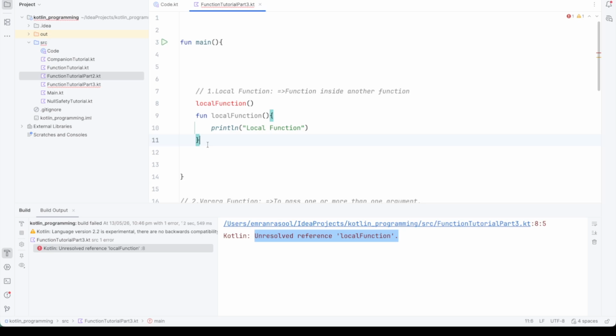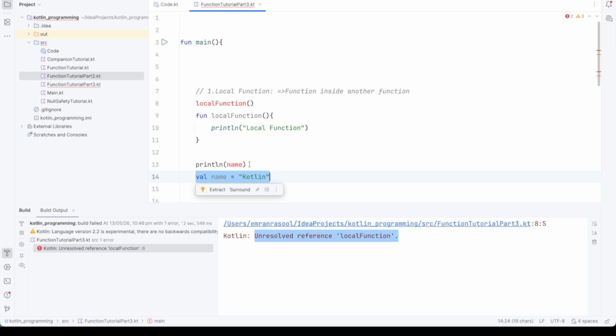Let's understand this concept with the help of one variable. Here I'm declaring one variable, val name equal to Kotlin. I have assigned the value Kotlin. If I want to access this variable and print name before line number 14, where I declared it, we cannot access it.